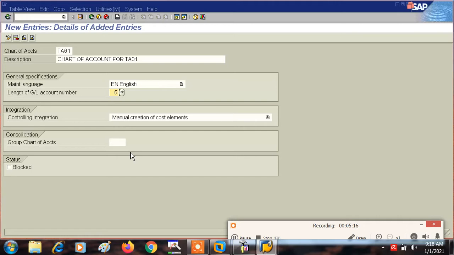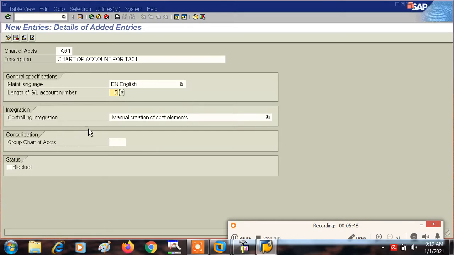Very soon in future I'm going to create new videos for group chart of account also, country chart of account also, when we have done our FSV configuration in our company code TA01, not right now. So 6 is the length of general ledger accounts, right? I'm going to show you the general ledger accounts also in some other company code. So here you can give 6.